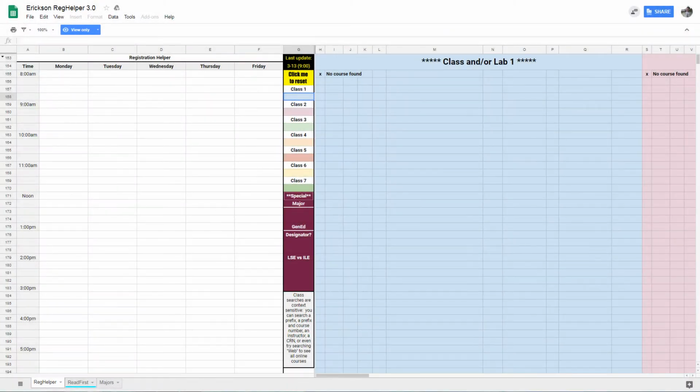Okay, I've made a registration helper, which hopefully will help a little bit. It's similar to Corsical. It's got a couple tricks that Corsical doesn't have. It's also not quite as user-friendly as Corsical, but for your workflow, it might work better. And so the way this thing is going to work, first of all, when you get the link,